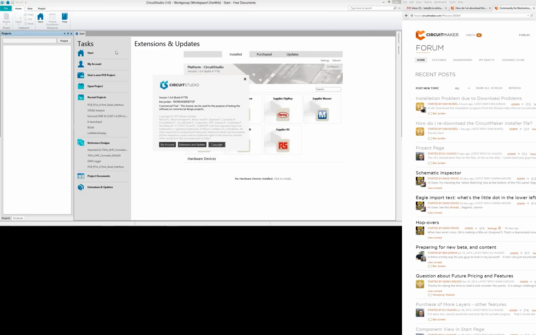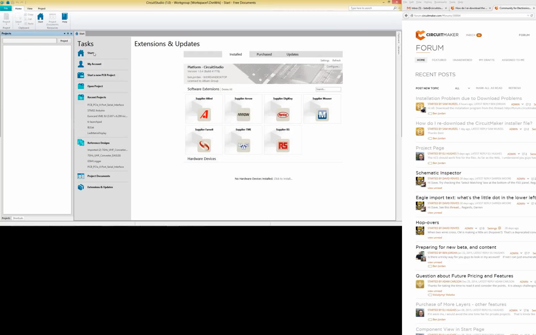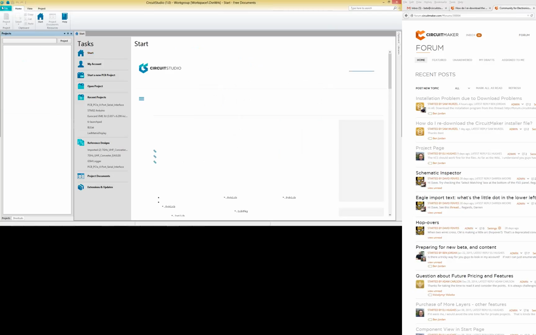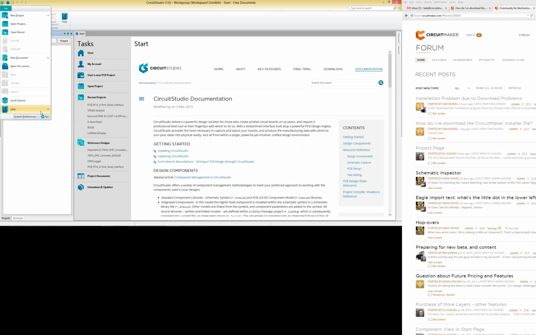And also, maybe this is a solution to your problem as well. You can get to extensions and updates from this button right here. I forgot about that. So Ben, just real quick,